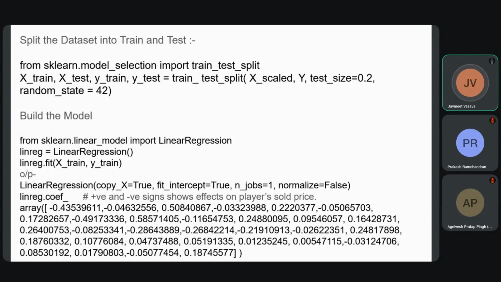Then for building the model, we use scikit-learn's linear model and import the linear regression from it. We'll store it under linreg and fit the model with X and Y's train split. And when we get the output of it, you can see the output